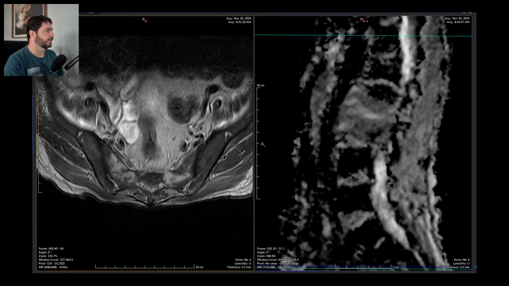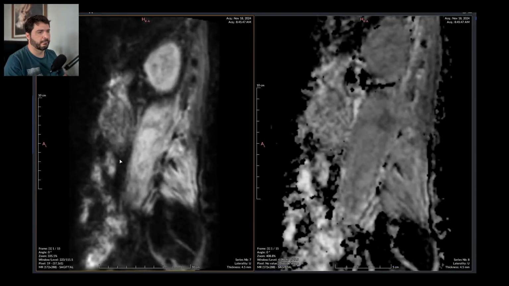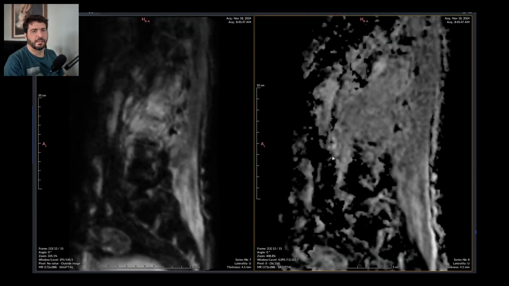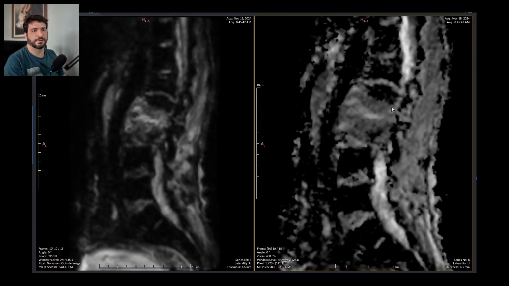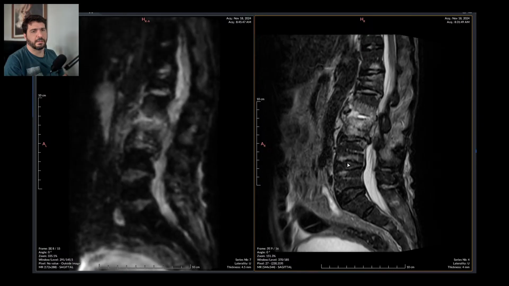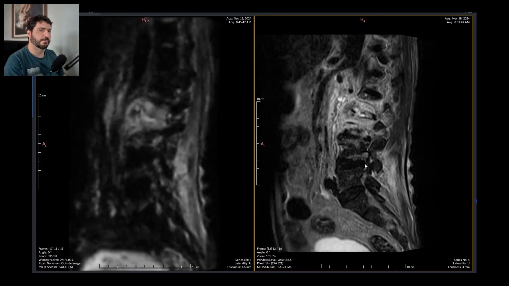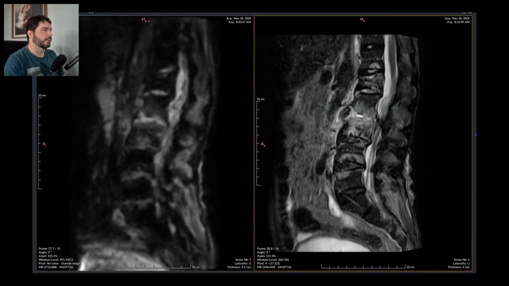So we have a very diffuse, indistinct diffusion weighted artifact right there that confirms this site as infectious in nature. So it's called the claw sign,